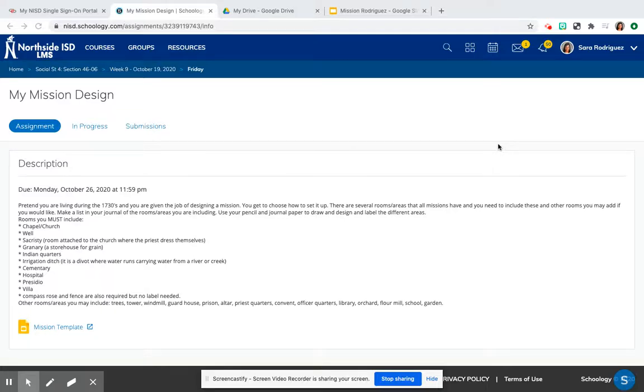Hello, boys and girls. Today you are going to be designing your mission. Now, in the directions, it lets you know what the 10 required labels are that you will need in your